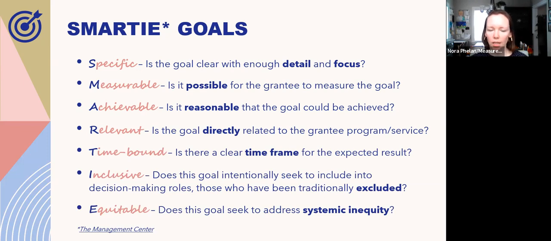As far as the I and E, you may not be able to answer yes to every one of your goals unless perhaps the focus of the program is to address issues of equity. But I would say that ideally you should have at least one goal that could have an answer of yes to these last two indicators. Or perhaps you look at it more generally at the program, maybe not for each individual goal, but you look at the program and ask these questions, if these are things that are being addressed. So I do think it's still very useful to keep it in this type of checklist, to keep it in the forefront of everyone's mind as new goals and new programs are being developed.